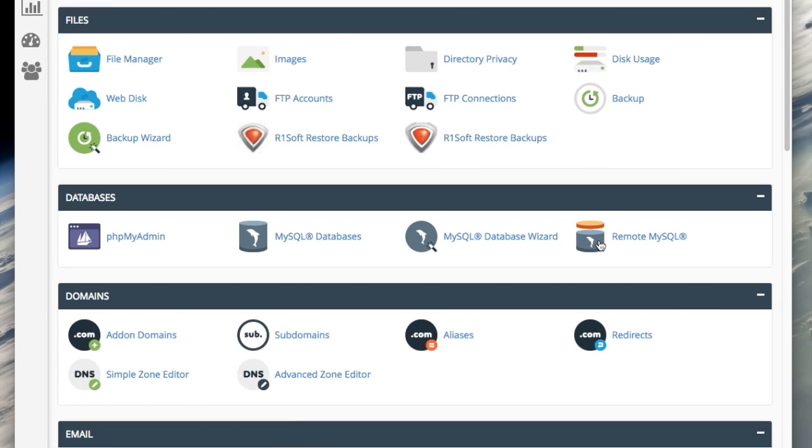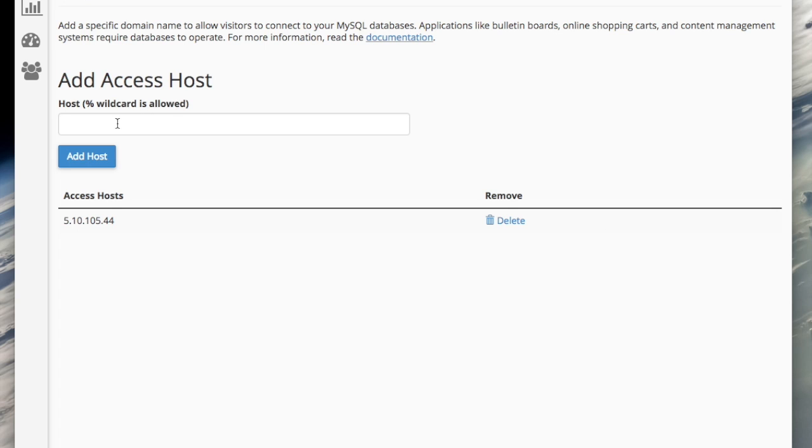One final action we need to perform is to allow remote access to our database. To do this, go back to the Databases section in CPanel and click the Remote MySQL button or link. For security, the safest option here is to Google "What's my IP?" That will be the IP address of the computer running the cloud version of ClockIn, and enter that IP address